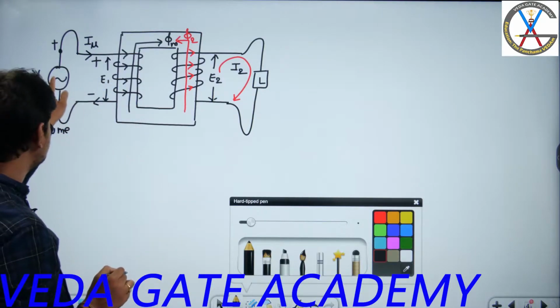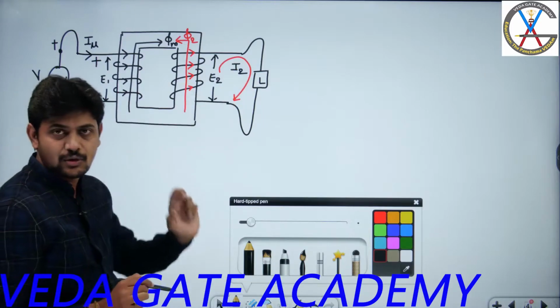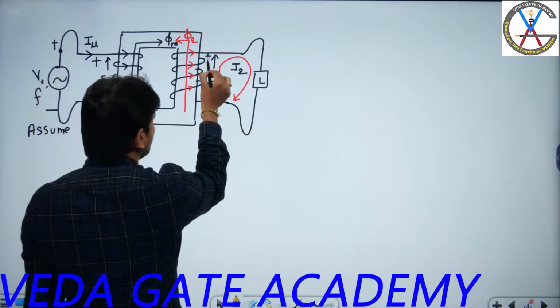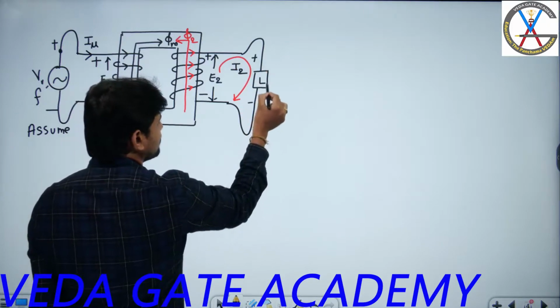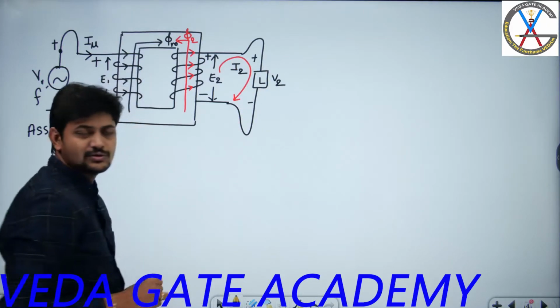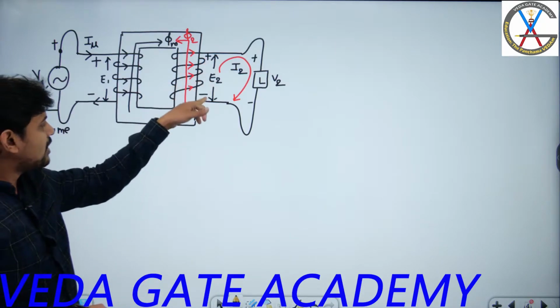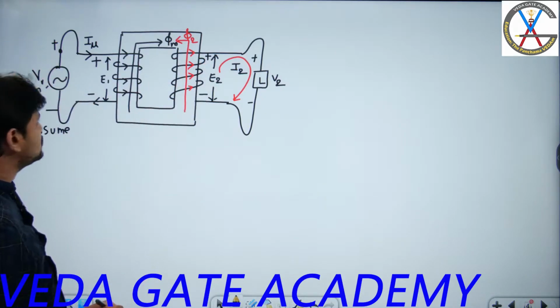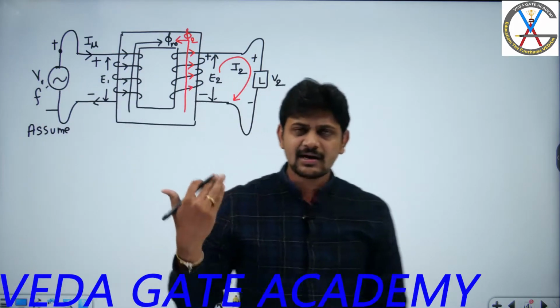Whereas on the primary side, this acts as a source and this acts as a load. On the secondary side, this is a source and this is a load. So for a source, always current will leave from the positive terminal. For a load, always the current will enter from the positive terminal. So you will get a source load voltage as V2. So here, I got the relative polarities of secondary winding terminals for the assumed primary polarities if I know the sense of the winding. Have I conducted any test here?